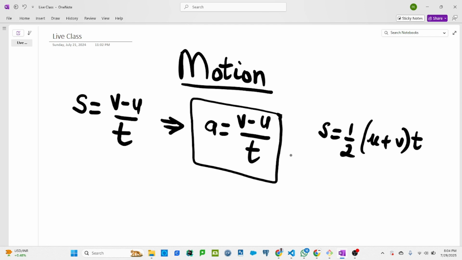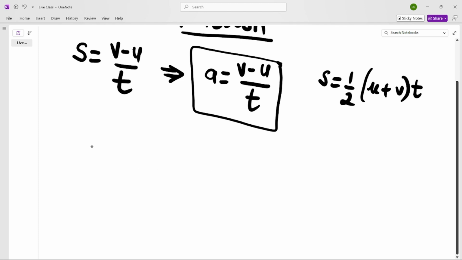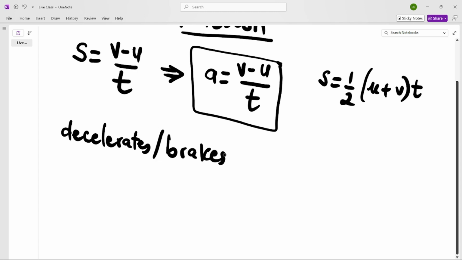Now there's another thing that you also need to keep in mind whenever we are reading a question and they say a body decelerates, you decelerate, or they say a body brakes, like a car, the brake has been applied. That is going to affect the value of the acceleration, specifically the sign of